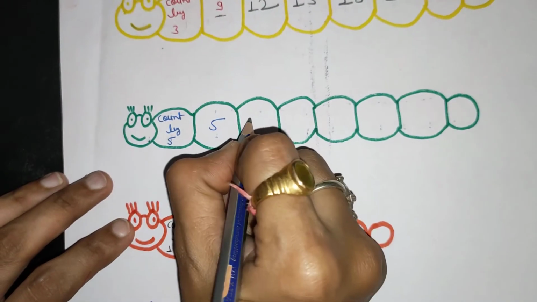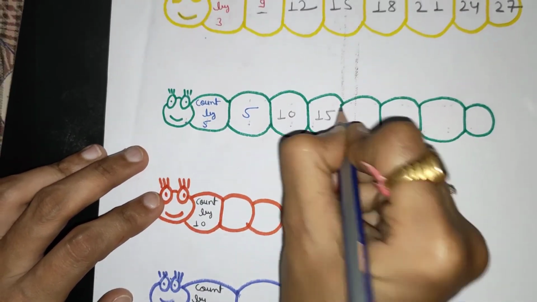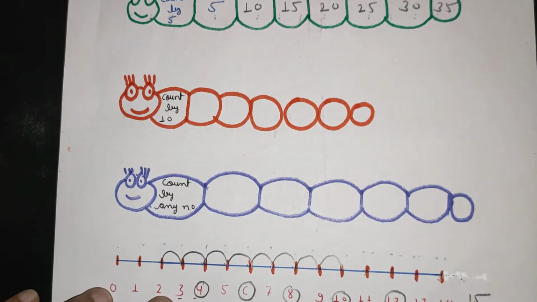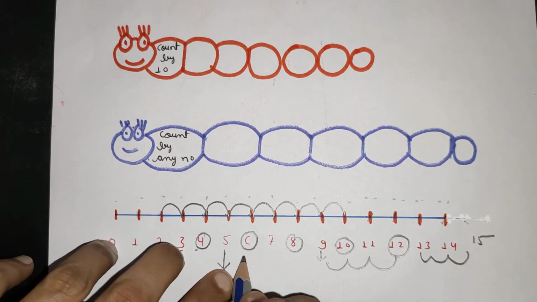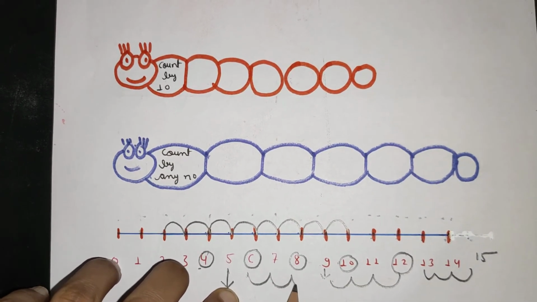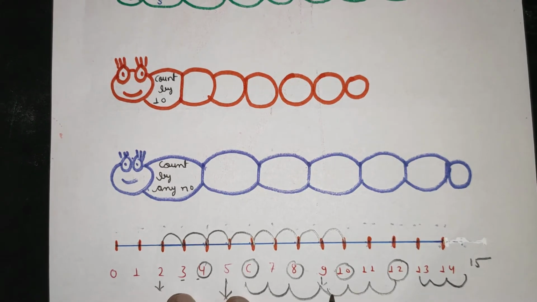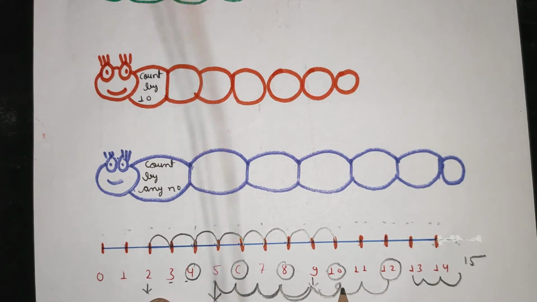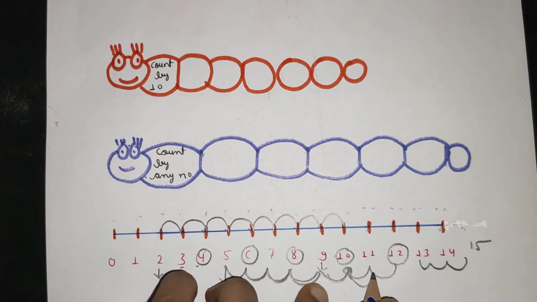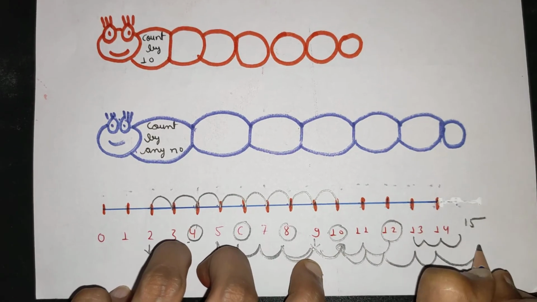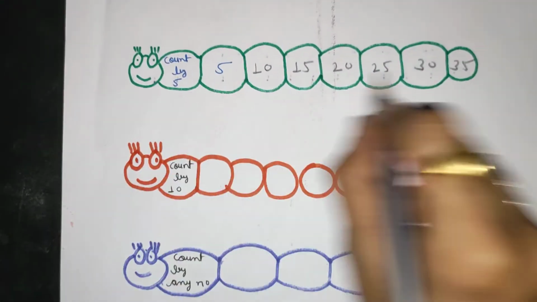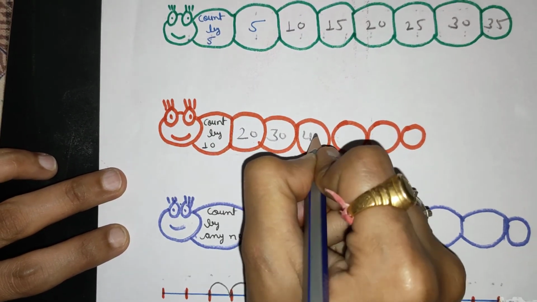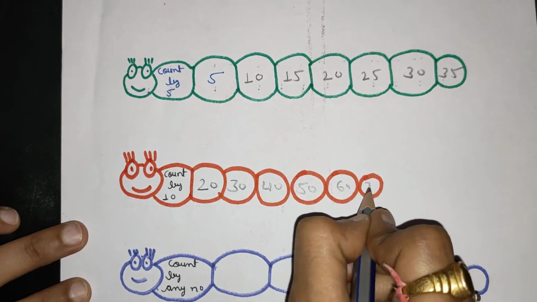Count by 5, that is very easy. The table of 5: 5, 10, 15, 20, 25, 30 and 35. How? You just see, this is 5 and after 5 I have to skip 5 numbers. First, second, third, fourth and this is the 5th. Again you can see first, second, third, fourth and this is what? This is 50. So like that only. In the tens, the answer will be 10, 20, 30, 40, 50, 60, 70.